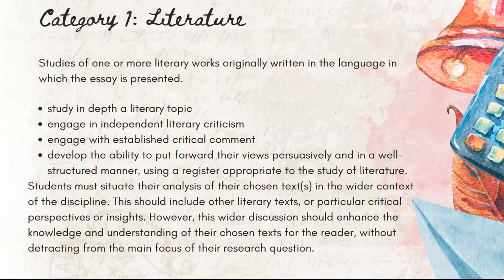So when you think about category 1 literature, you're basically going to situate your analysis of your chosen text or texts in a wider context of the discipline. How does Khaled Hosseini's The Kite Runner fit in with some larger other aspect of literature? So this could look like a lot of things. It could include other literary texts, meaning you compare The Kite Runner to another of Hosseini's works, like